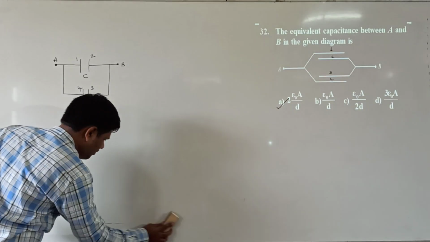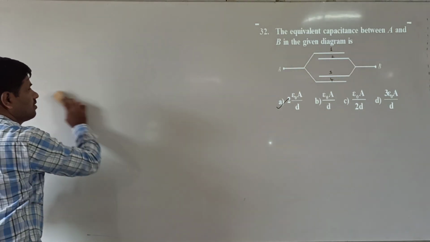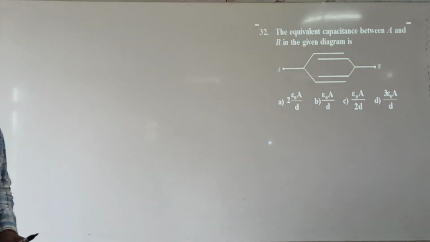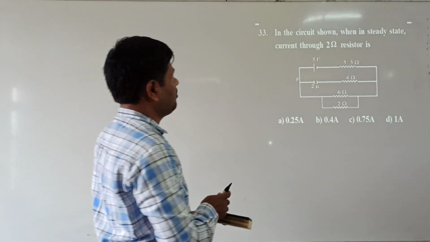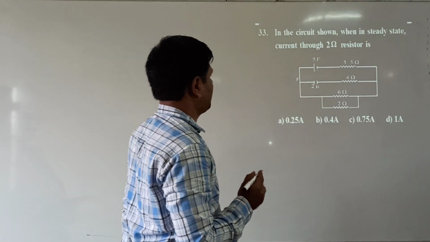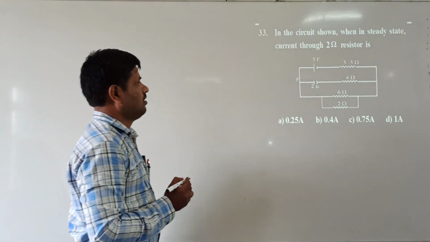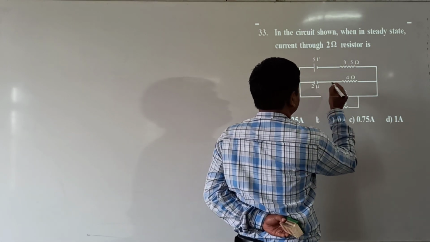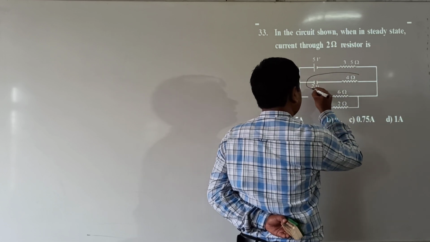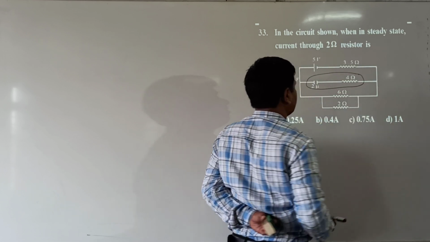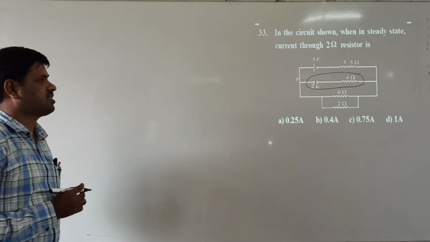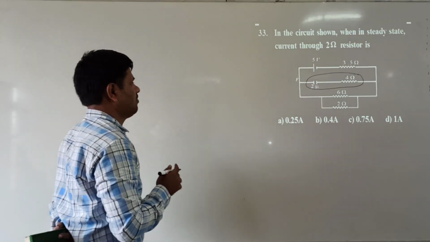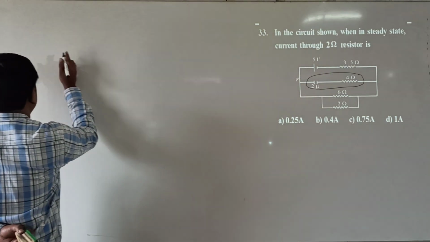Next we go to question number 33. In the circuit, when in steady state, what is the current through the 2 ohm resistor? When in steady state, the current in the capacitor is 0, which means in this branch the total current is 0. So that branch is removed. When redrawing the diagram,